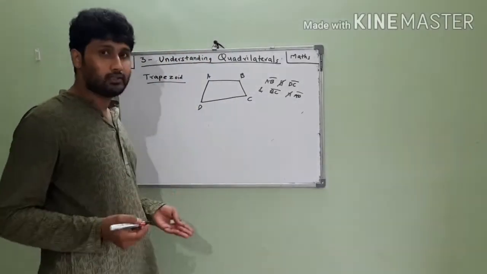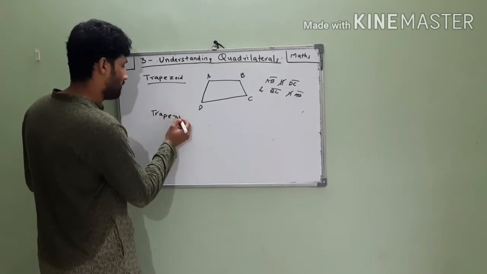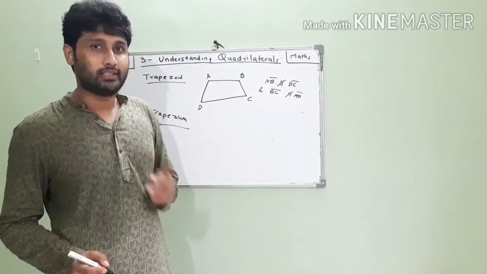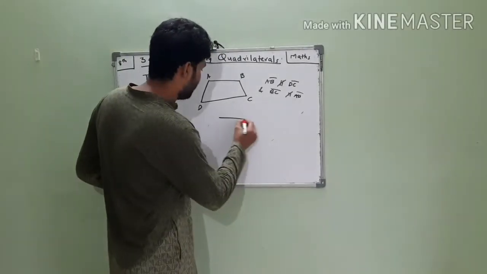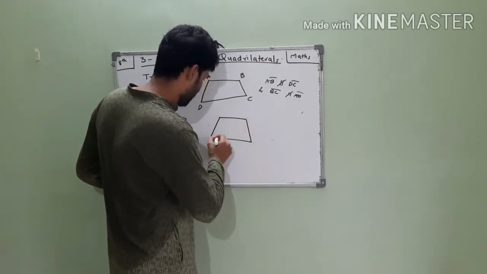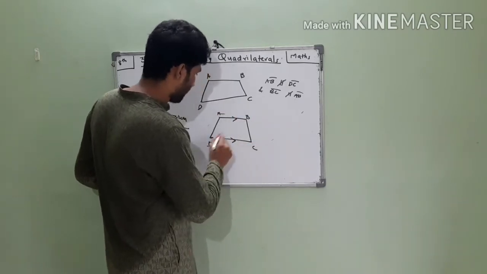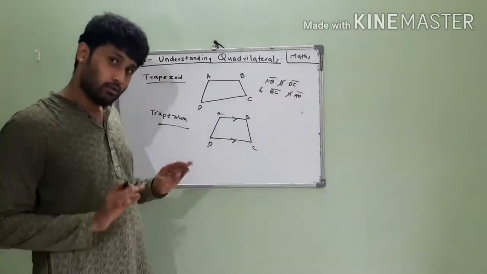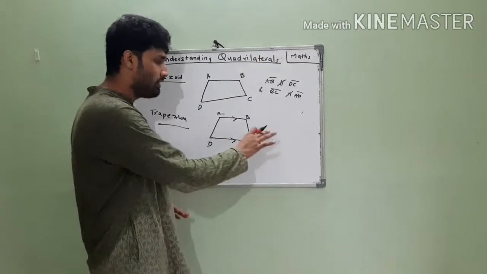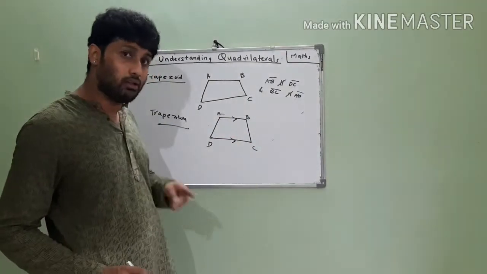And the next is trapezium. In a trapezium, you have one pair of opposite sides as parallel. So, if I have these two parallel, if I have AB parallel to CD, that is sufficient for it being a trapezium, right? AD and BC should not be parallel to each other, it is fine. But AB and DC are parallel, fine.